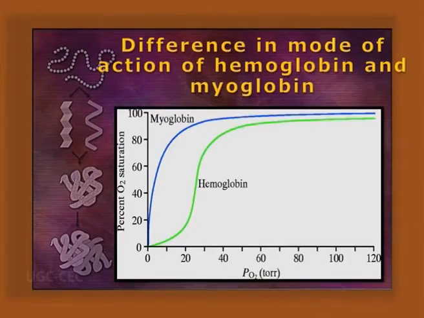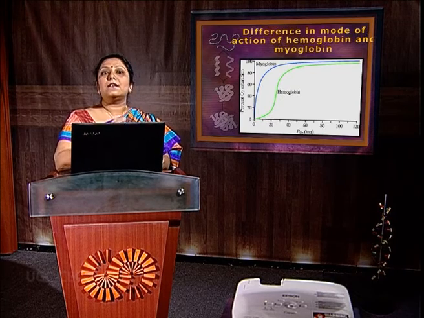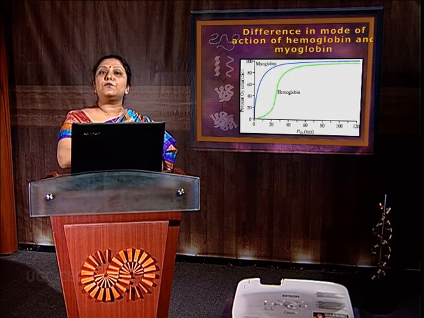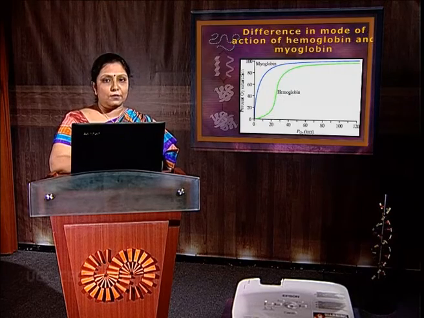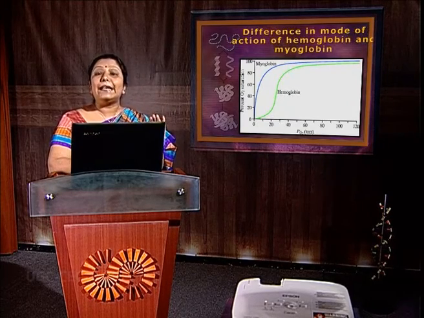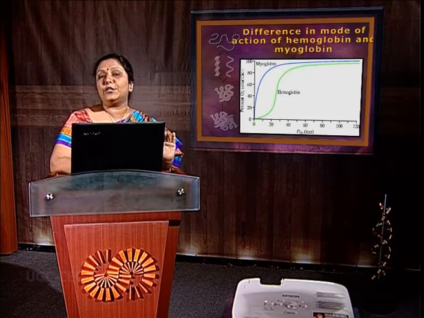Now, the difference in mode of action of hemoglobin and myoglobin. Hemoglobin has tetrameric cooperativity and allostericity. Cooperativity means that when oxygen binds to one subunit, it puts the other subunits in the deoxy hemoglobin condition, making them more susceptible to oxygen by lowering the binding energy. That is called cooperativity. Allosteric means other site. So binding at one subunit influences the other binding sites, and the oxygen binding capacity can be changed.